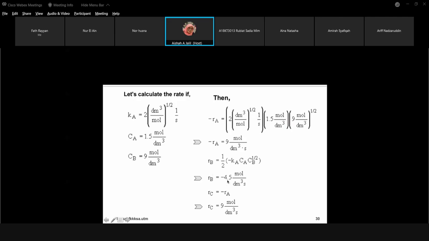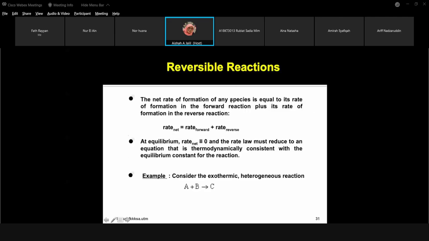RB is -4.5, RC equal 9, RA? Negative RA also equal 9, okay? Okay, that's all about the relative rates of reaction. And then,